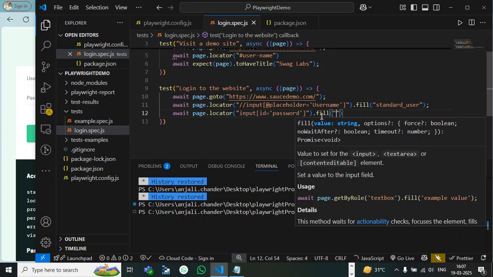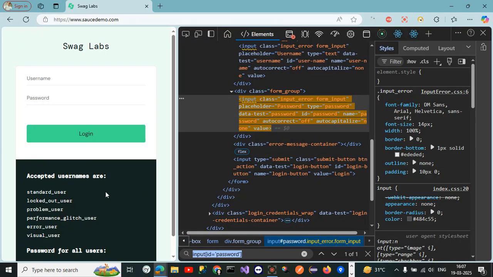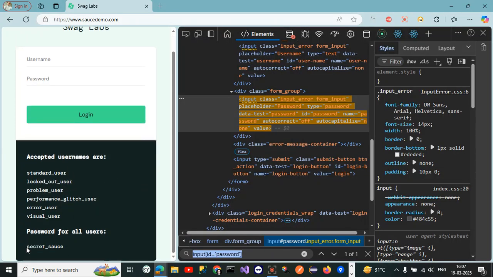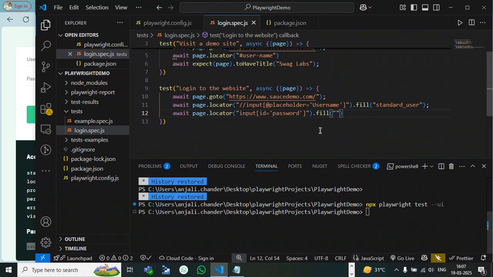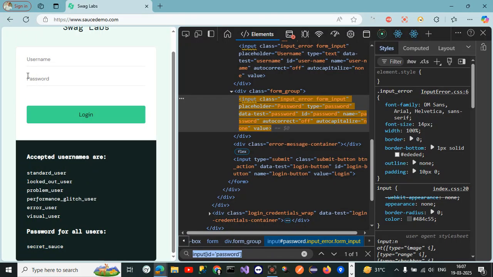So what is the password that is expected by the site? It is this password, secret sauce. Add this password into our project. Okay, now that we are done with adding the text in the username as well as in the password,